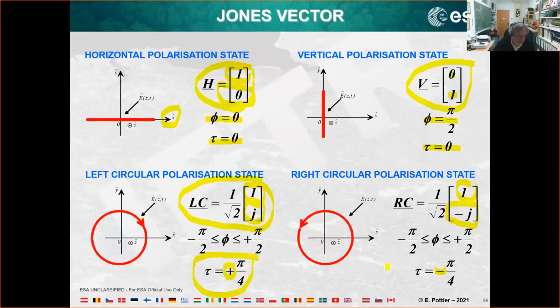Okay, so this is just some example to illustrate what we call the Jones vectors. So what we shall get at the output of my antennas, what you will get inside the pixel when you are going to process a dual pol SAR image. Inside the pixel, you will have two complex values, which correspond to the Jones vector. And from the previous relation I have presented to you, you will be able to reconstruct the geometrical parameters. So like that, you can have an idea about the polarization which is reflected by this kind of environment.